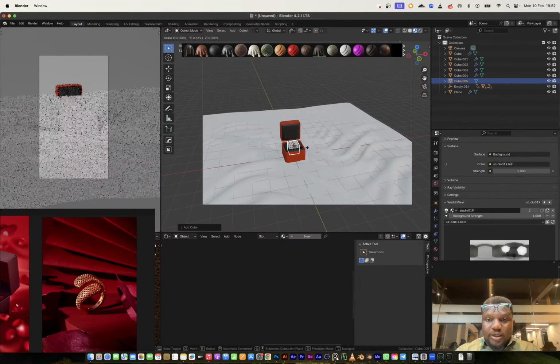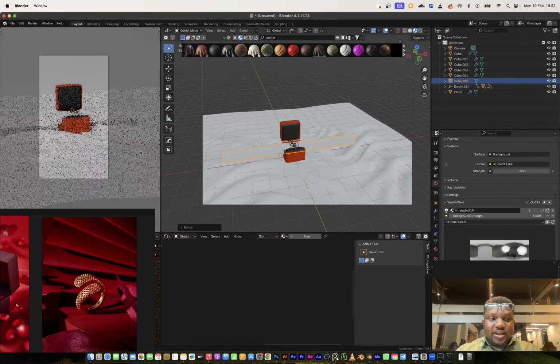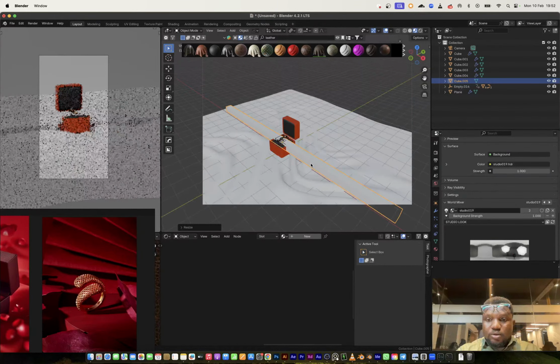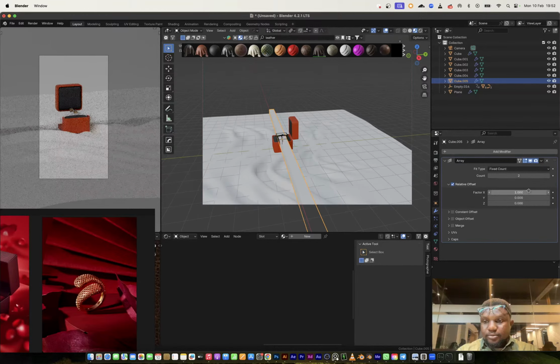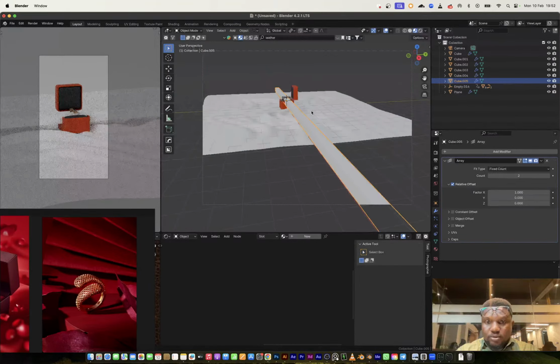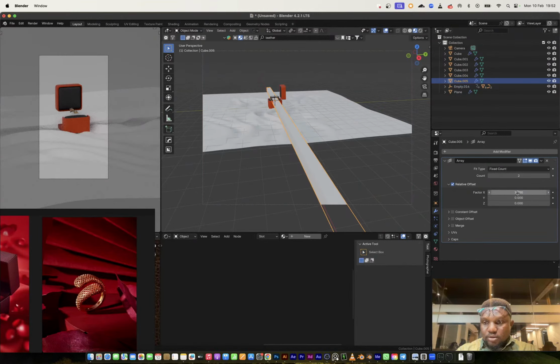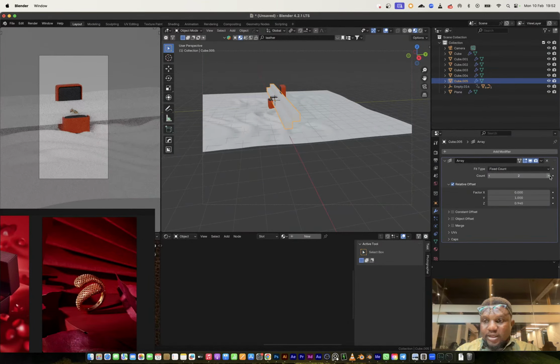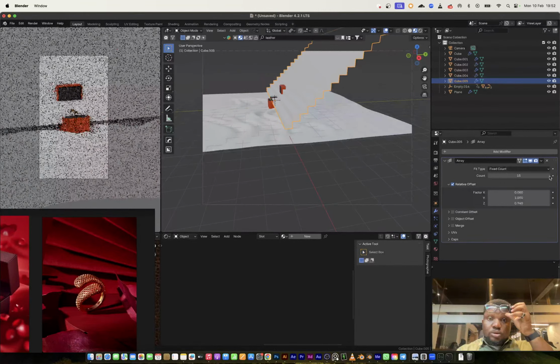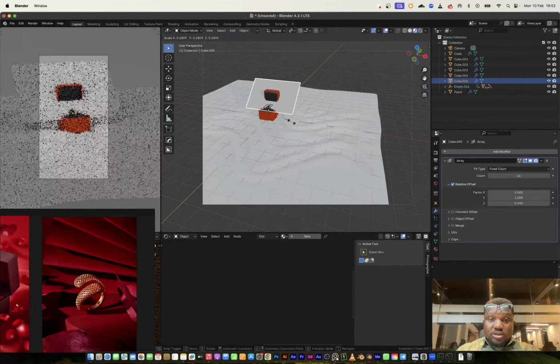So we can bring in a cube, SX, just like so. And let me just use an array to create a step. Let's see how that's going to work. CV, just like so. So I can bring this on the z-axis, and I can increase the count of this. So this is great. Let me see the stream again.